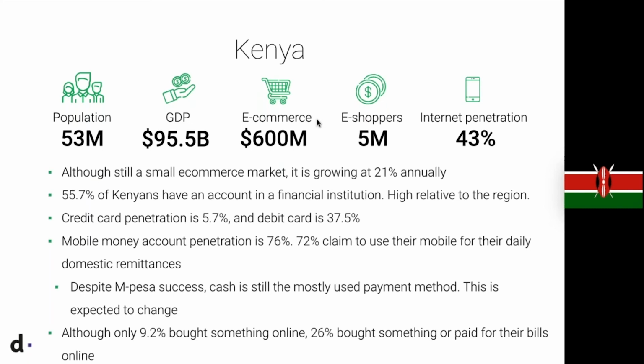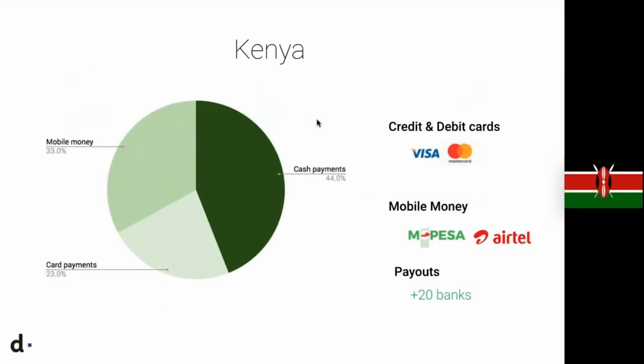In terms of the market share, or distribution of payments in Kenya, what you find is that mobile money accounts for 33% of payments in Kenya. Cards account for 23%, while cash, as I mentioned, accounts for 44%. This is cash for payment for items being delivered to your doorstep. As opposed to making payments online and those items just being delivered, some people still prefer to pay cash on delivery. So that's why you have cash accounting for 44% of e-commerce payments in Kenya.